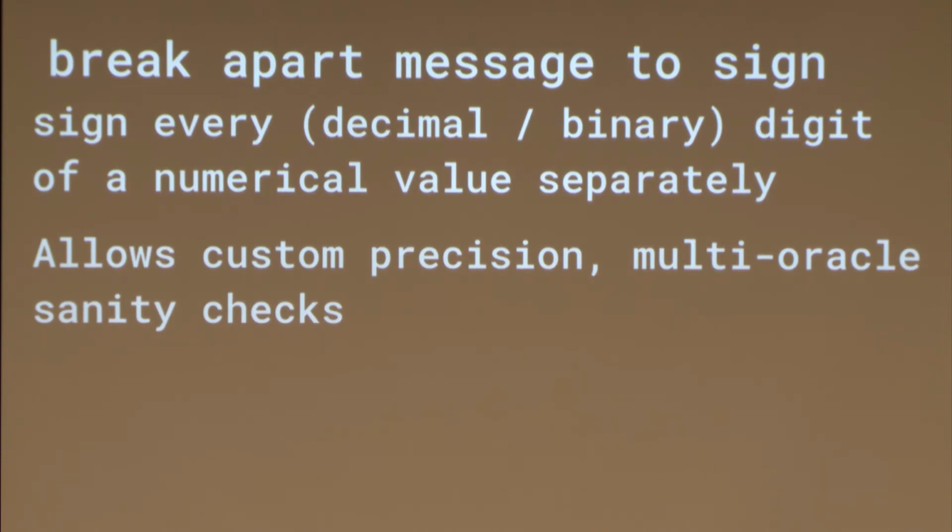So you say, let's sign every digit, right? If we're betting on the price of oil, there's a separate signature for the hundreds place and the tens place and the ones place and the cents and stuff. That way, if people want to bet on just what $10 range something is in, they can have a much